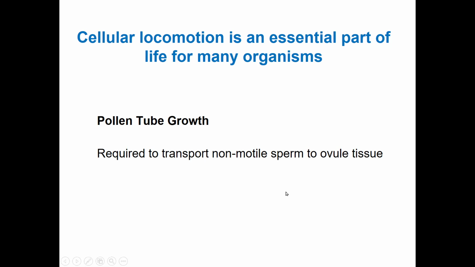They pass through the ovary. So it can sense where the ovary and ovule are to fertilize. So it requires preferential movement. We can call it taxis, and it transports non-motile sperm to ovule tissue. That means here pollen germinate, and the pollen is not moving, but the germ tube moves through the tube, and finds the ovule for fertilization in the ovary.